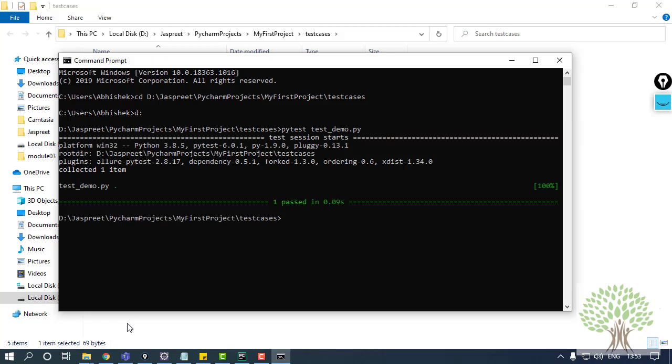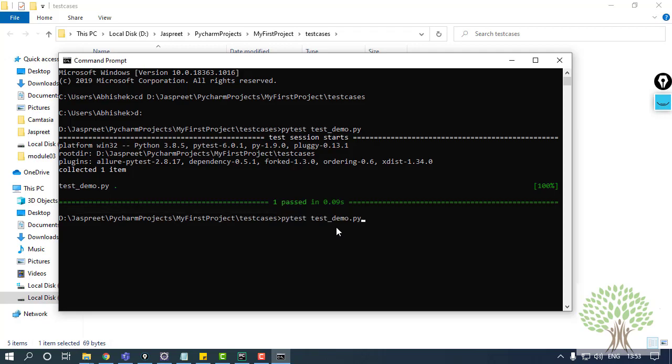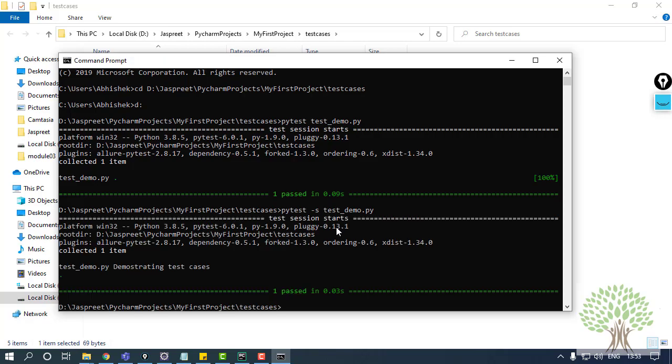Once it's done, you can see that the same output is coming on the console as well. Just the print statement is not being displayed. For that, you have to add the marker -s on the command prompt again. Now you get the print statement. Fine. This way you can run the test cases on your command prompt as well.